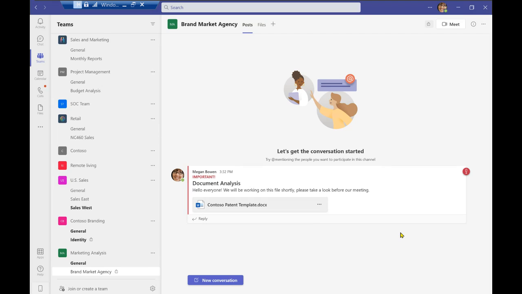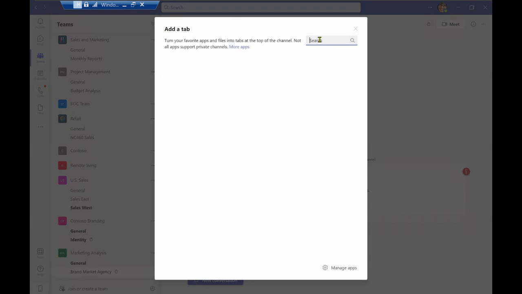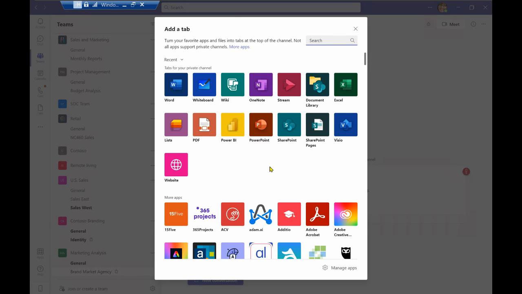We can also focus on adding some applications to your channel. Now, as I was mentioning before, adding applications will allow for further collaboration and interaction between you and your coworkers. Now, in completing projects, you can go ahead and add applications in this way by selecting this plus sign right over here. When you do select this tab line, select the option to add a tab, a few applications will appear, as I was mentioning before.